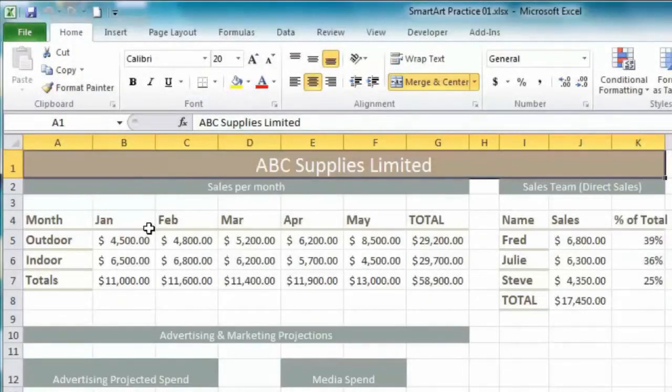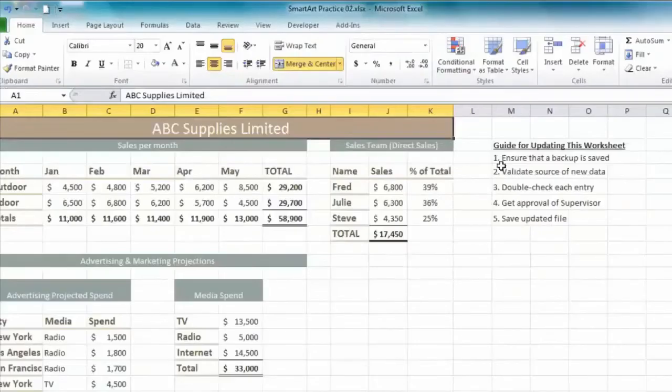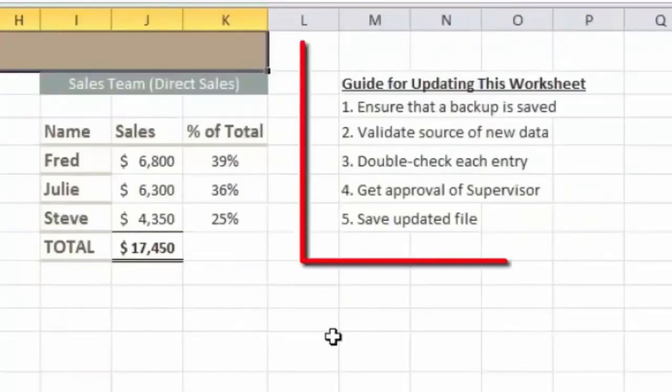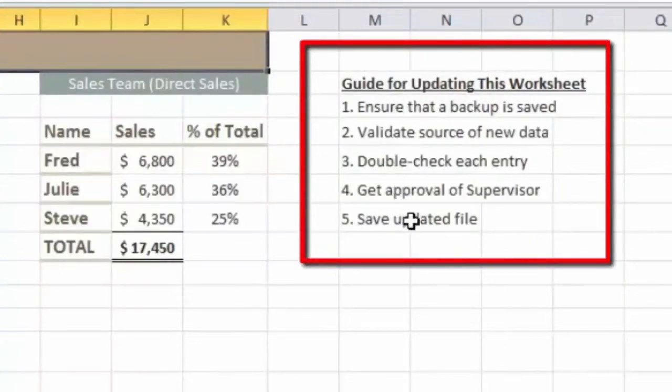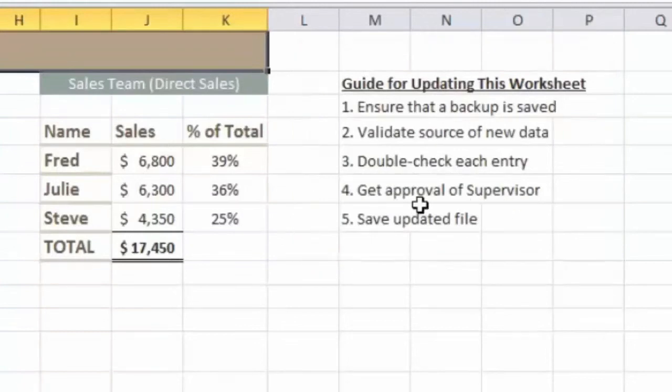In this lesson we're going to start looking at how you can add some visual impact to your spreadsheets using SmartArt. SmartArt is a graphics feature that was added to Excel from version 2007 onwards. On this particular worksheet I've got a small guide here to help anybody using the worksheet to make sure that they enter the data correctly and also save files and make backups, but I'm concerned that people might not notice